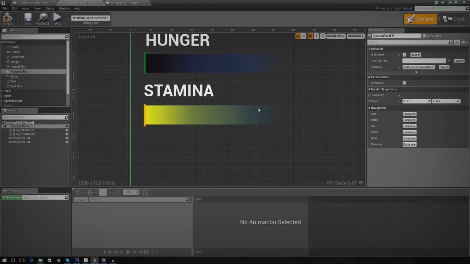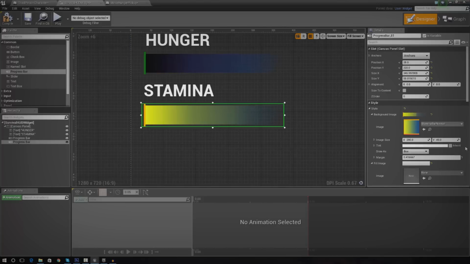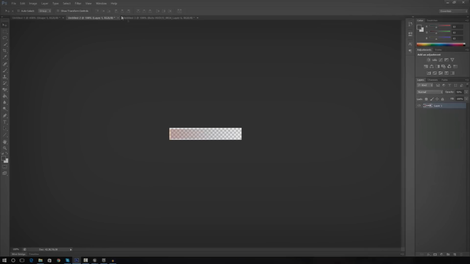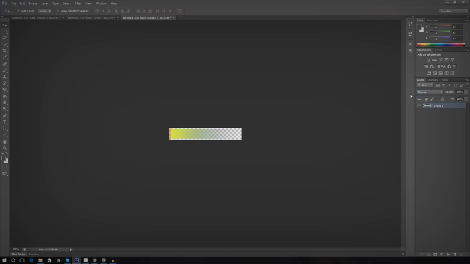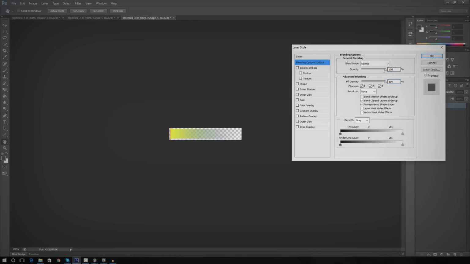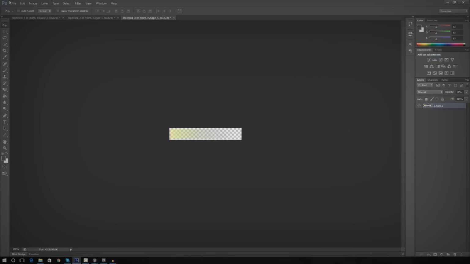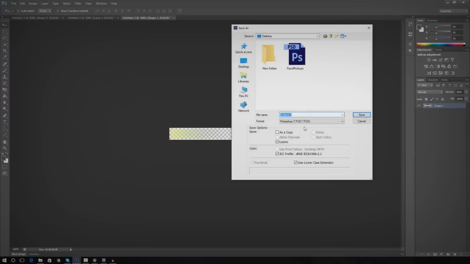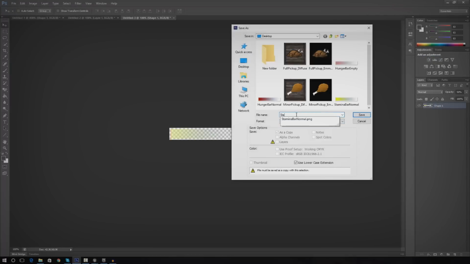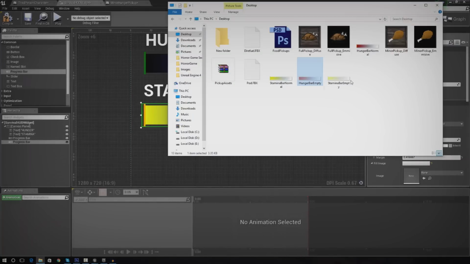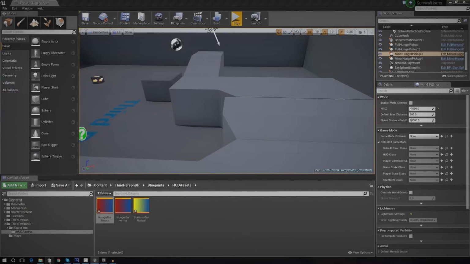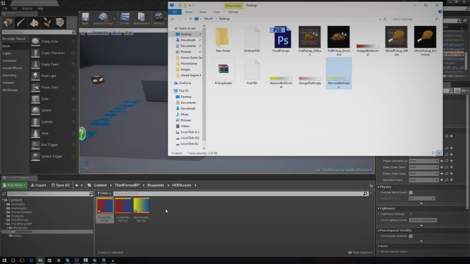It seems to look okay, and obviously I'm going to have to do the same thing for the stamina bar. So once again, I am going to just get these two, going to merge them together, and I'm going to turn down the opacity just like this. So opacity 50%, file, save as, PNG, and stamina bar empty. And we're going to import that into the engine the same way we have done for all the other stuff. Stamina bar empty,